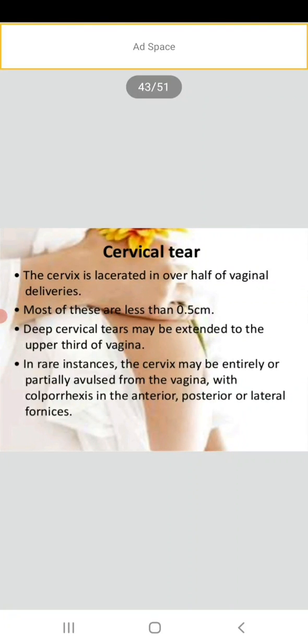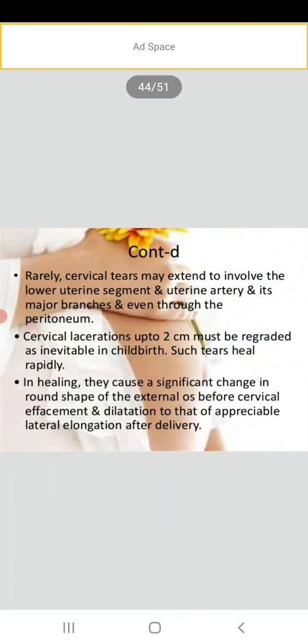Cervical tear. Lacerations occur in over half of vaginal deliveries. Most of these are less than 0.5 centimeter. Deep cervical tears may extend to the upper third of the vagina. In rare instances, the cervix may be entirely or partially avulsed from the vagina, with cleavage into the anterior, posterior or lateral fornix. Rarely, cervical tears may extend to involve the lower uterine segment, uterine artery, its major branches, even the peritoneum. Cervical lacerations up to 2 cm